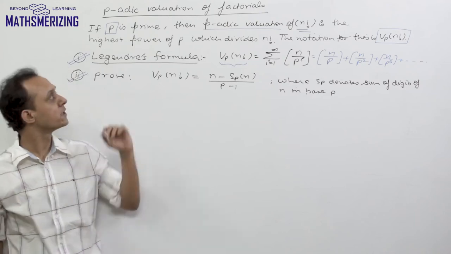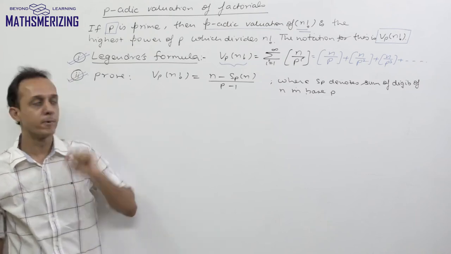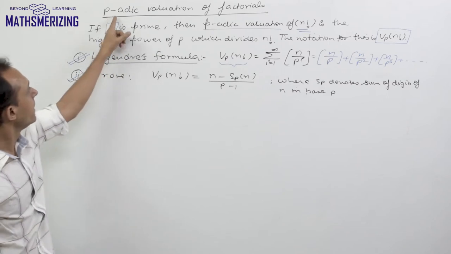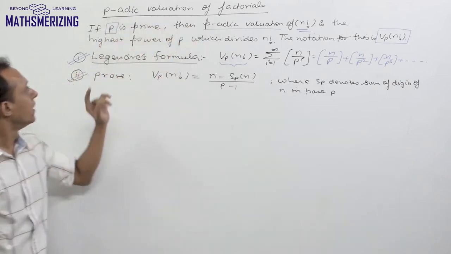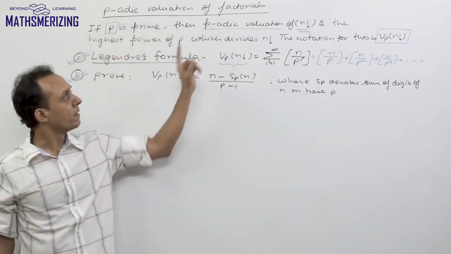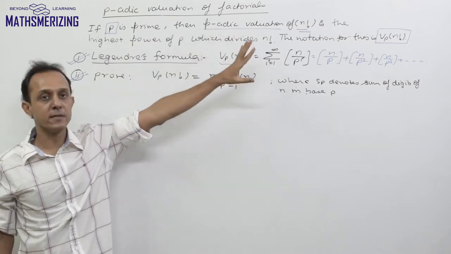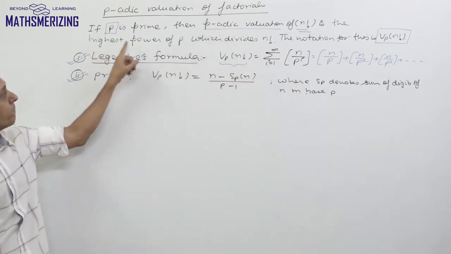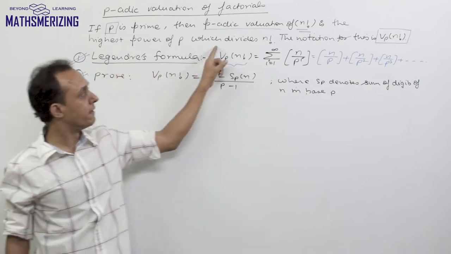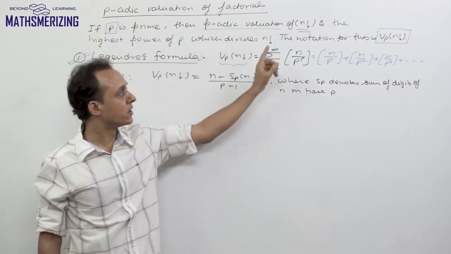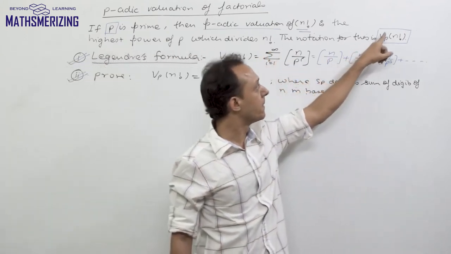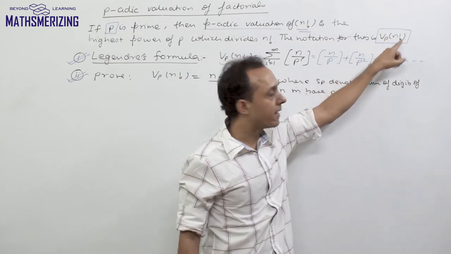Today we'll study something which is very important for Olympiad problems, which is p-adic valuation of factorials. So if p is any prime number, then the p-adic valuation of factorial n is nothing but the highest power of prime number p which divides factorial n. And the notation for that is we are going to write it as v with subscript p and factorial